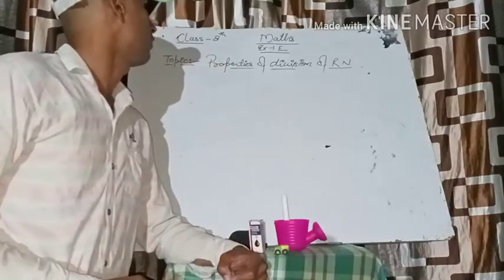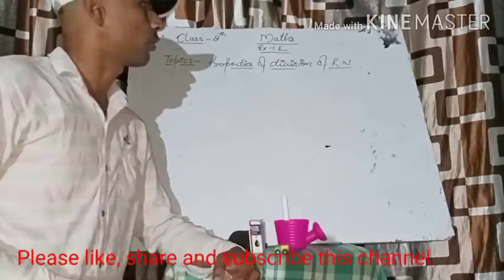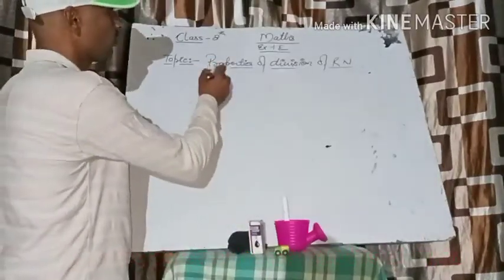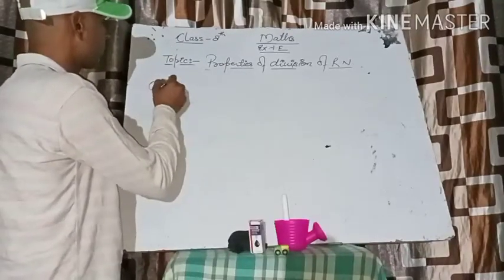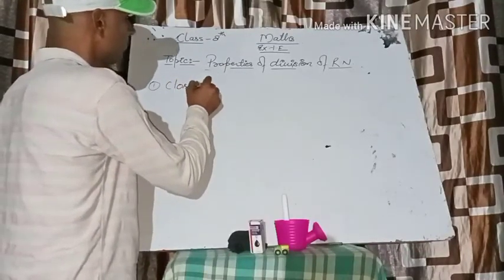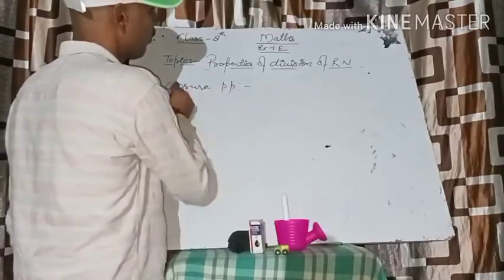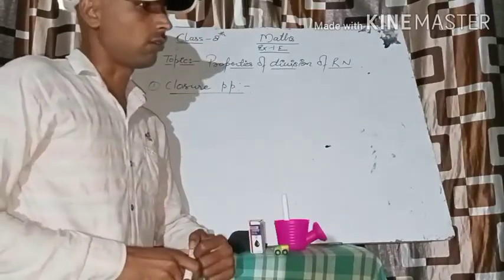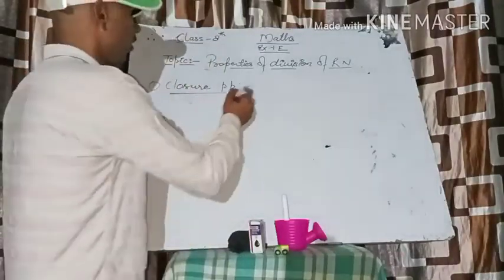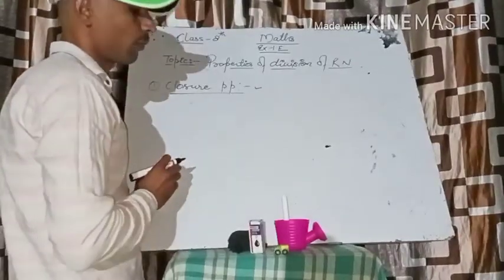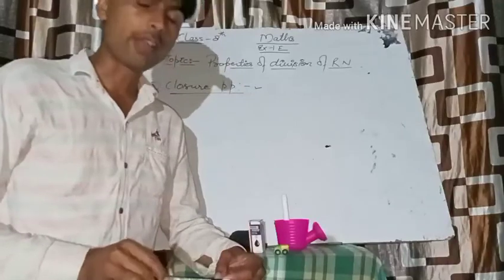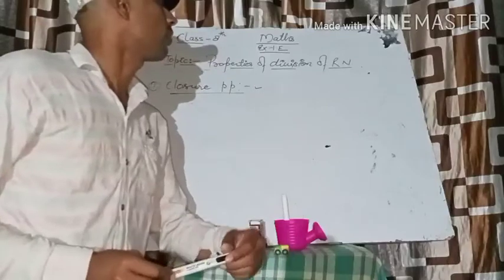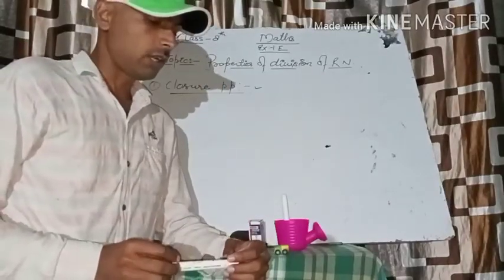In this exercise we will discuss the properties of the division of rational numbers. In case of division, only the closure property is followed by rational numbers. Except for this, none of the other properties, such as the commutative property, associative property, or distributive law, are followed in the division of rational numbers.